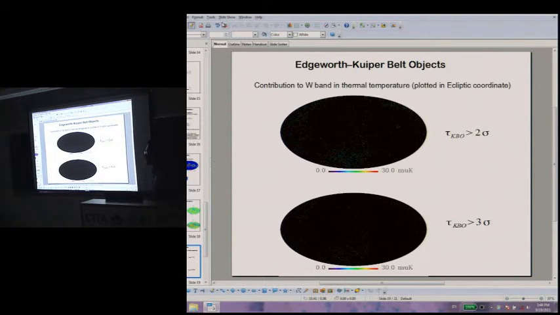Lots of your points, you're saying, show up at the ecliptic. That's the claim? So why is this evidence for Kuiper-Belt? Because in ecliptic coordinates, the Kuiper-Belt objects are expected to concentrate here, like a ring.